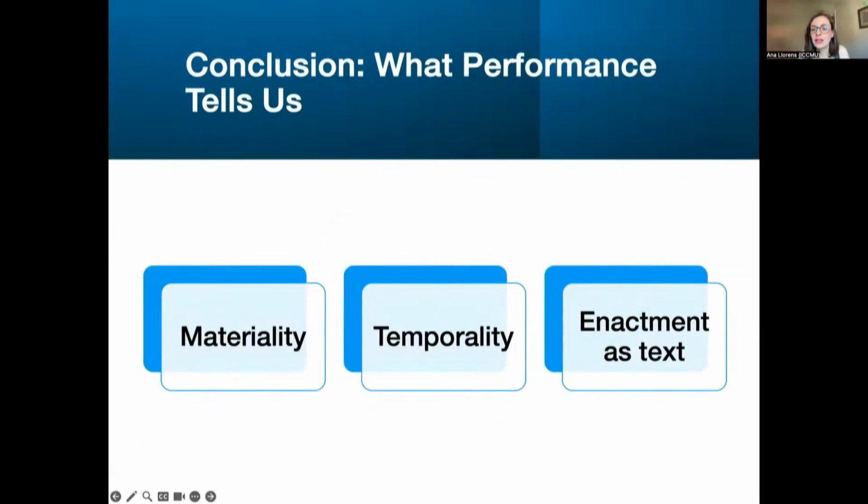So, in the end, what do the sarabandes tell us? They teach us that performance is not the delivery of meaning, it is the creation of it. That interpretation is not just conceptual, it is material, physical, that the body doesn't just carry music, it shapes it.